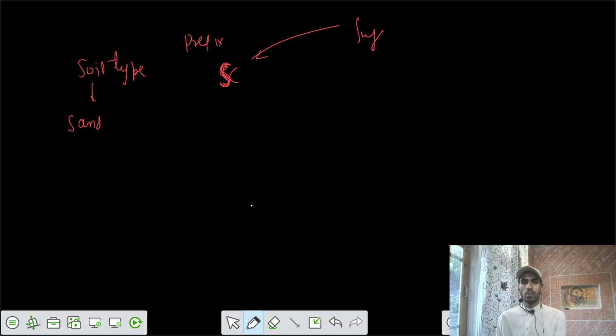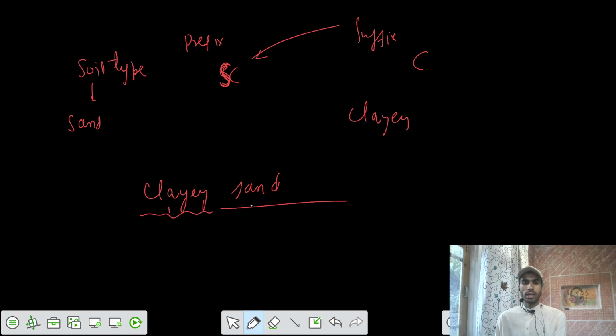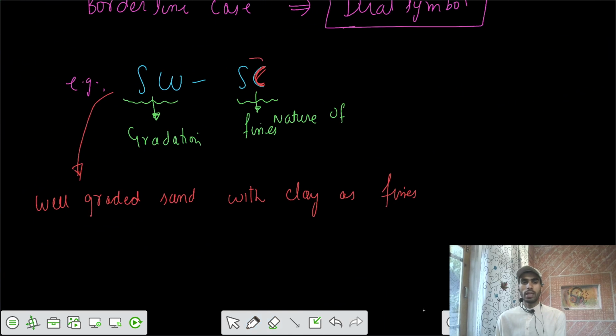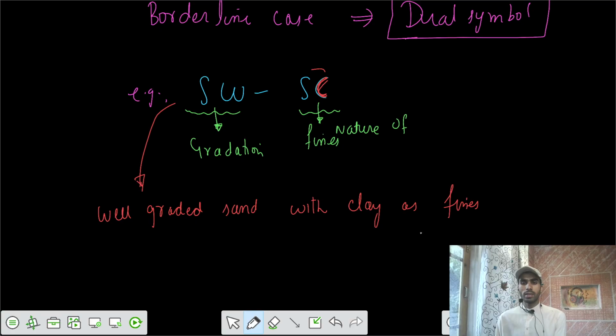What is the suffix here? The suffix is C. That means this is clay. So we can say that your soil is actually clay sand. That means this is sand, but it has a little bit of fines as clay. Clay sand is there. And similarly here we write that we have this sand S, but this is poor,